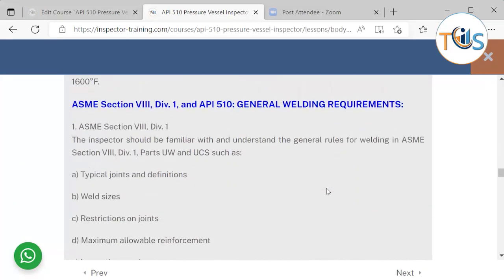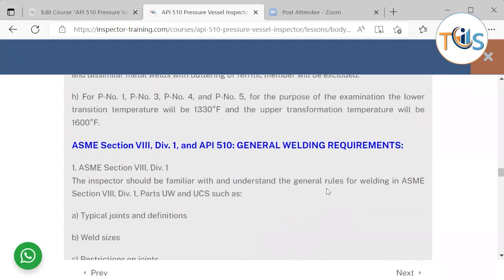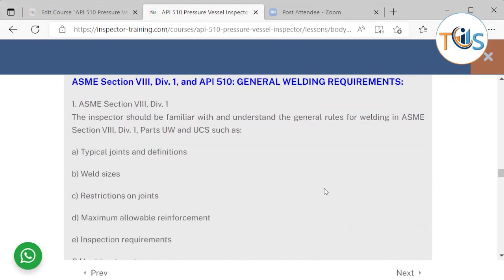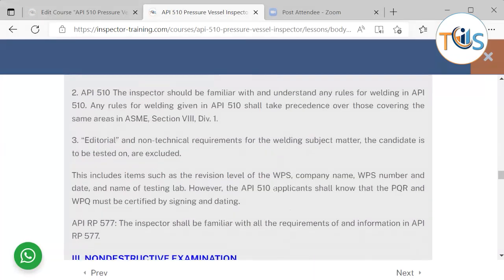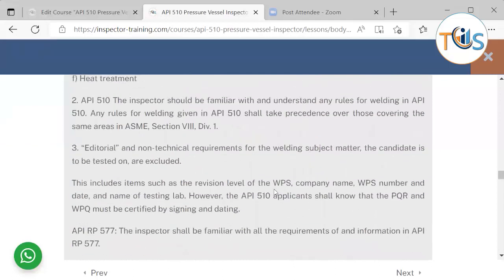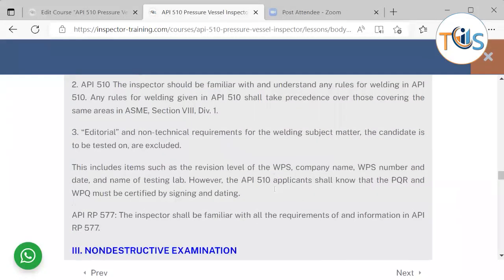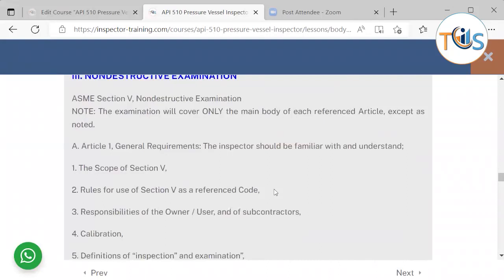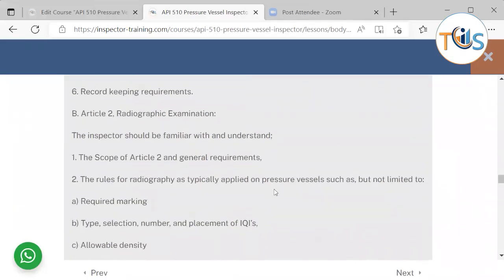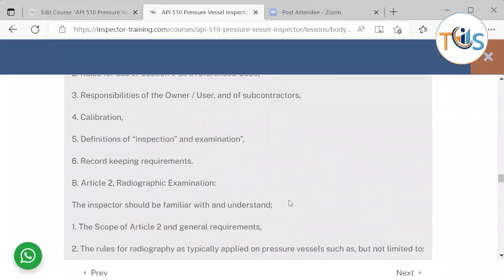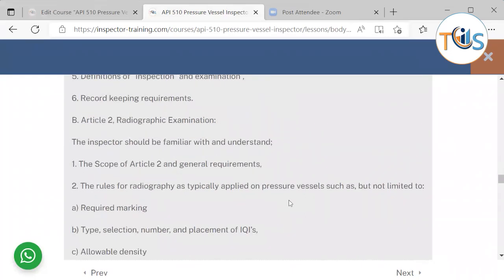And you should know about the P numbers. So ASME Section 8 Division 1 is the one that you should refer to during the exam, and there you should know about the joints, restriction on joints, allowable reinforcement, heat treatment, etc. And most of them also is included in the API 510. Non-destructive examination, general requirements, calibration. So there is a definition of inspection and examination we just explained, record keeping requirements, and then Article 2,